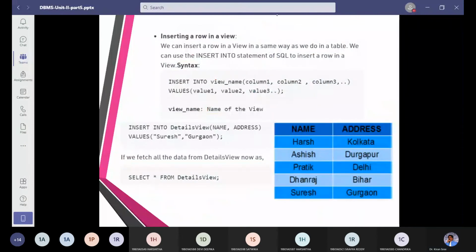Next one. How can we insert a row? We have insert into table followed by values. Now we are going to call it insert into view.